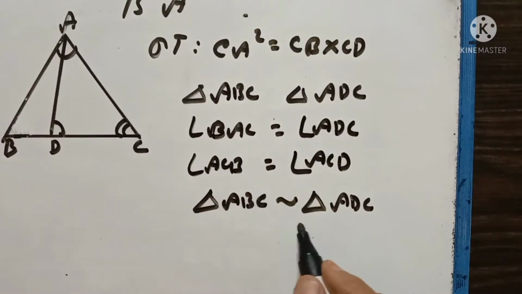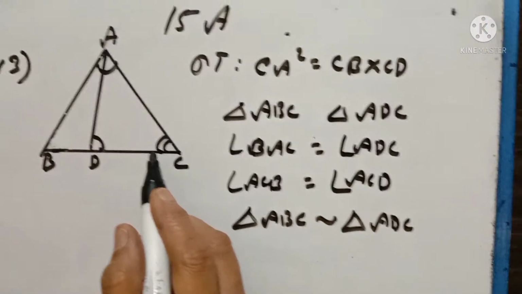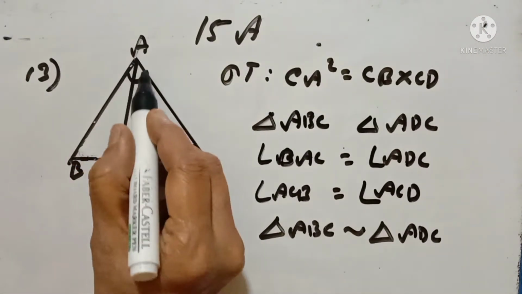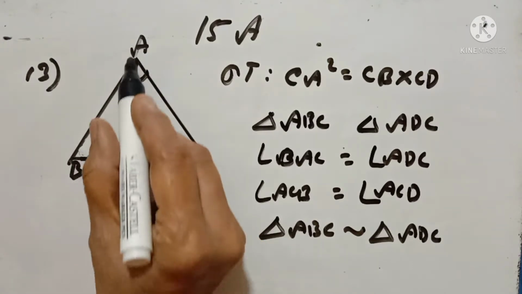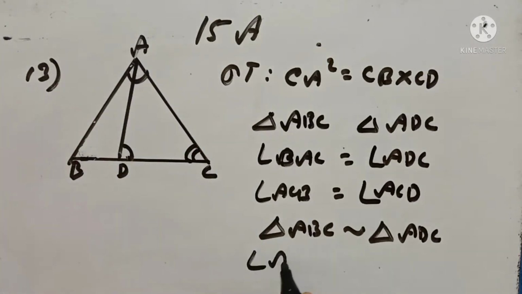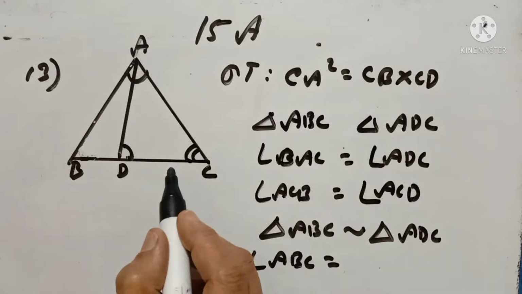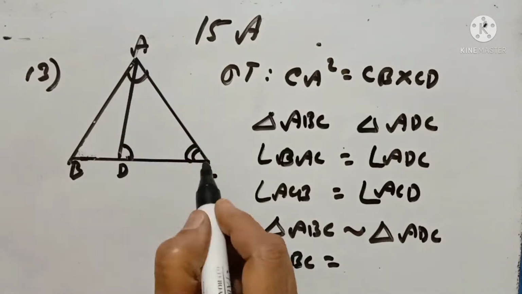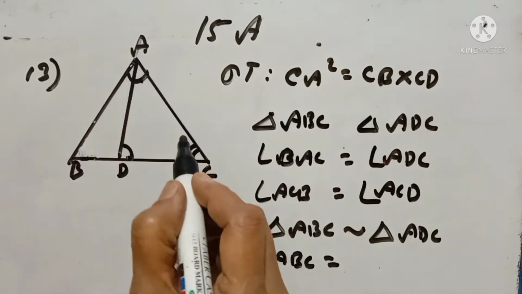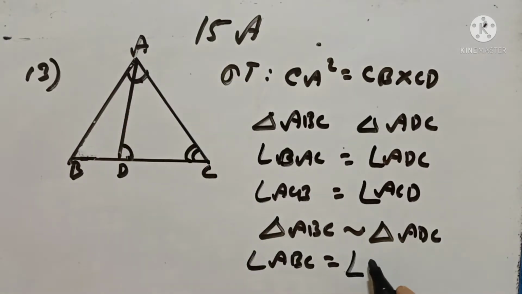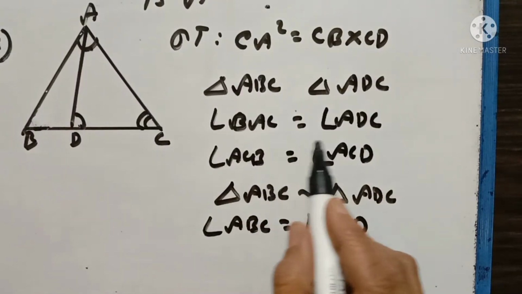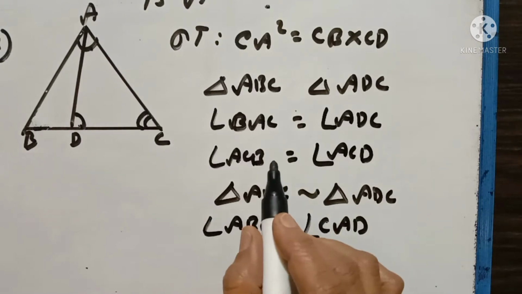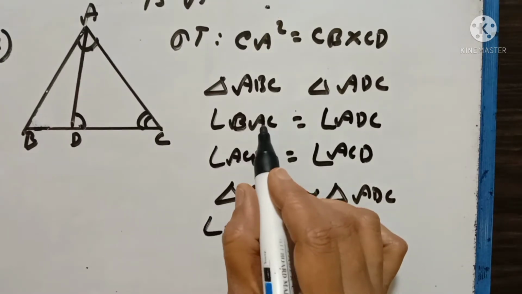Now let us write the third angle. Which is the third angle? This is one angle. This is second angle. Third angle in triangle ABC is angle ABC. The third angle in triangle ADC is this angle DAC or angle CAD. Now after writing all the angles, equating all the angles, let us go on writing the side opposite these angles.